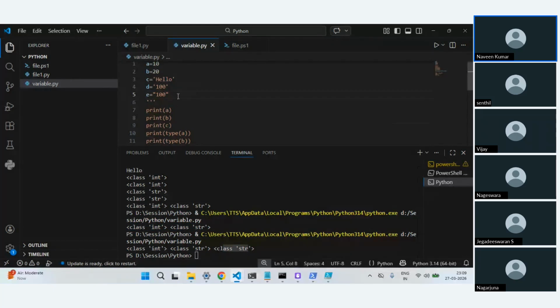Now I'll remove this and say E is 10.25. Then I'll say F is equal to True and H is equal to False.